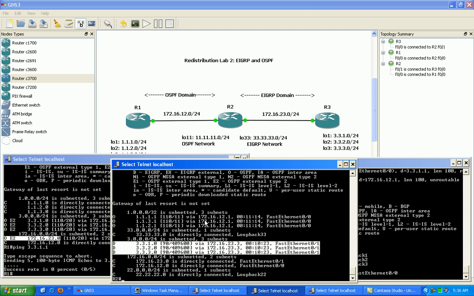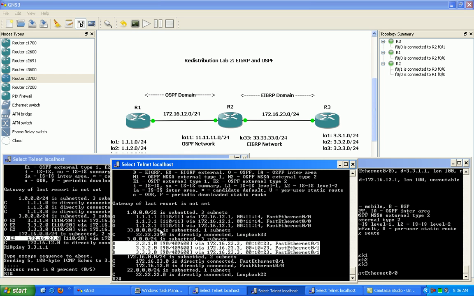This is a very important rule within redistribution that everybody needs to know, because it's vital to the success of learning redistribution. And that is, when we redistribute these EIGRP routes into OSPF,